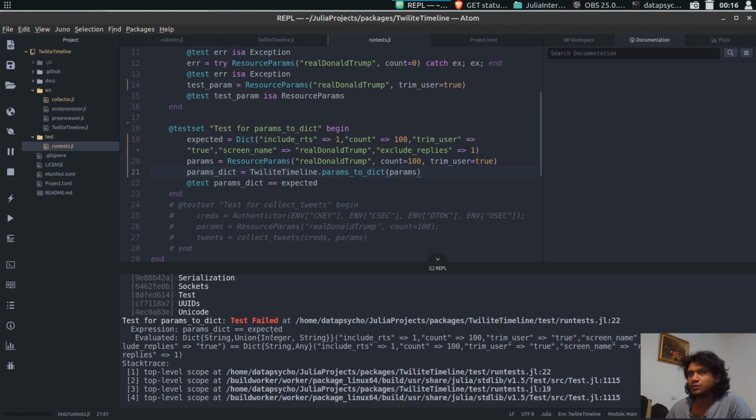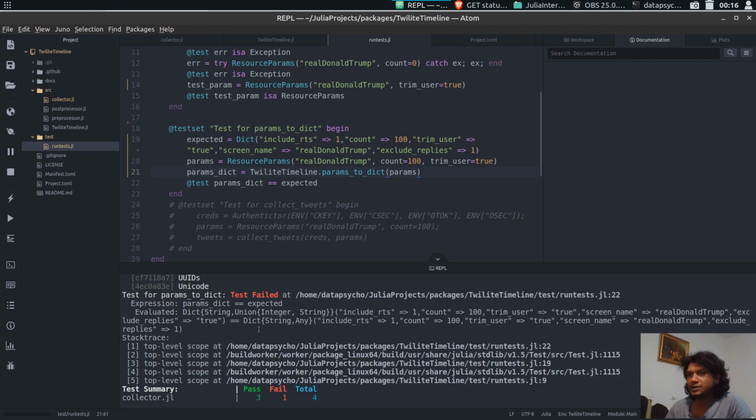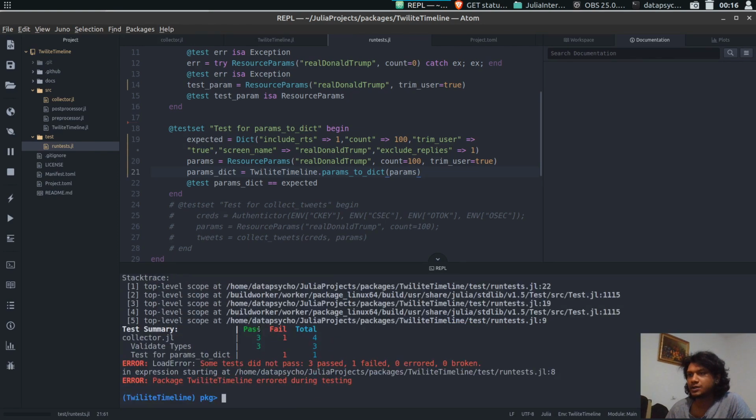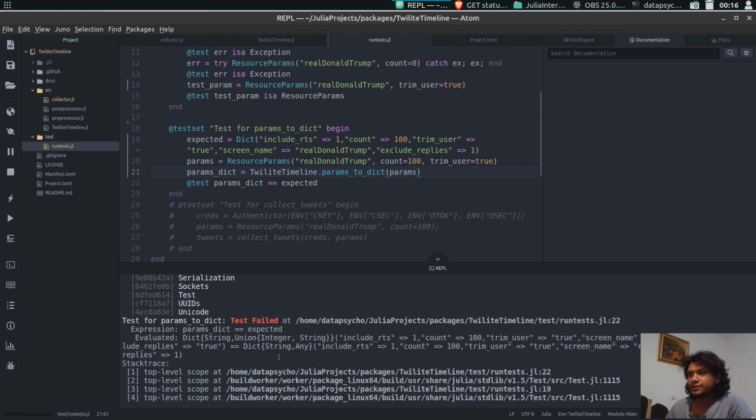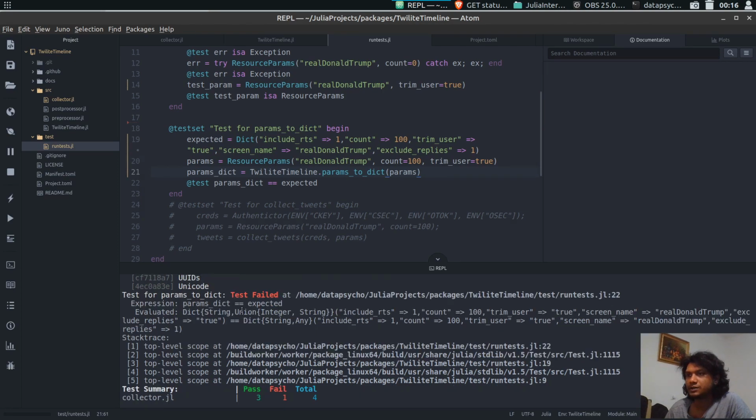The reason is, we can check the package error during testing: expression param dict equal expected, and evaluated is, so the evaluation failed. It was include RTS 1. Also, the reason is